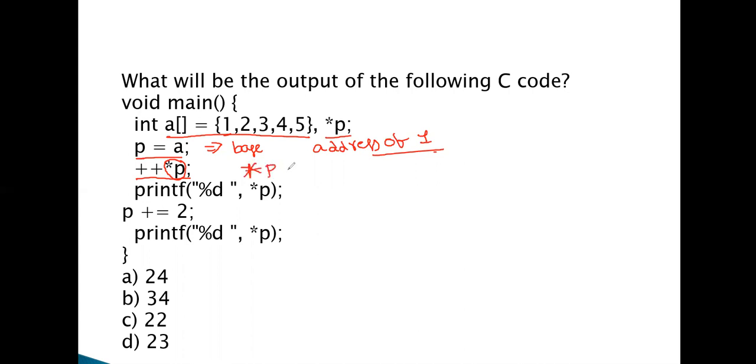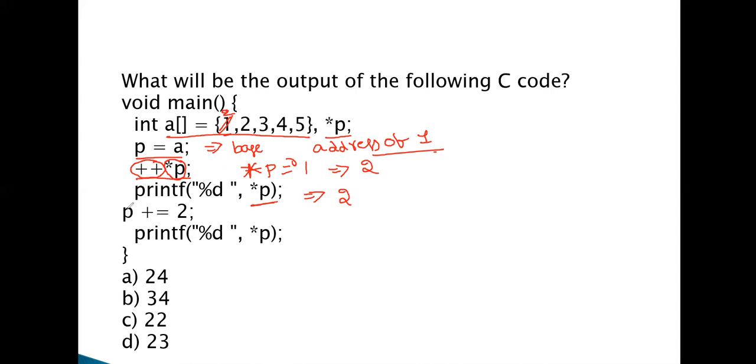Now ++ is applied on it. That is, 1 is incremented and becomes 2. And if you print *p, 2 is printed. Here the value 1 is updated to 2.